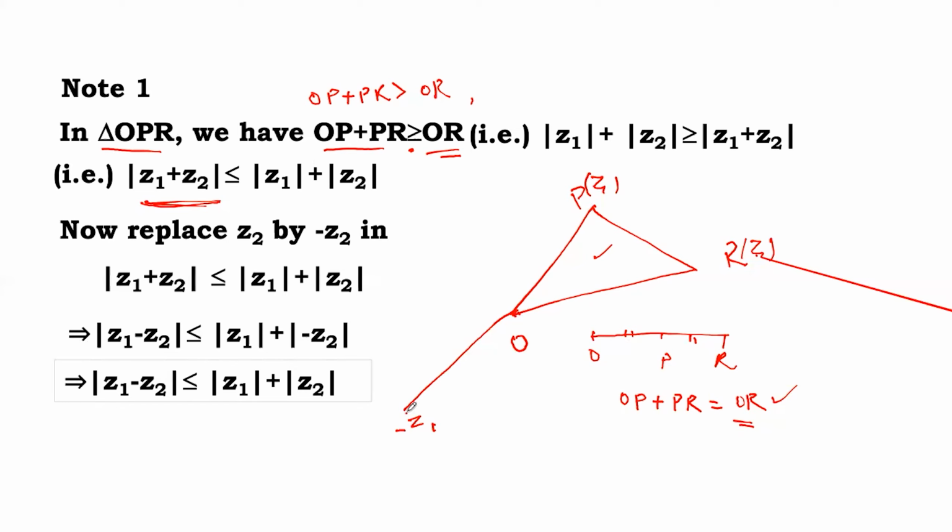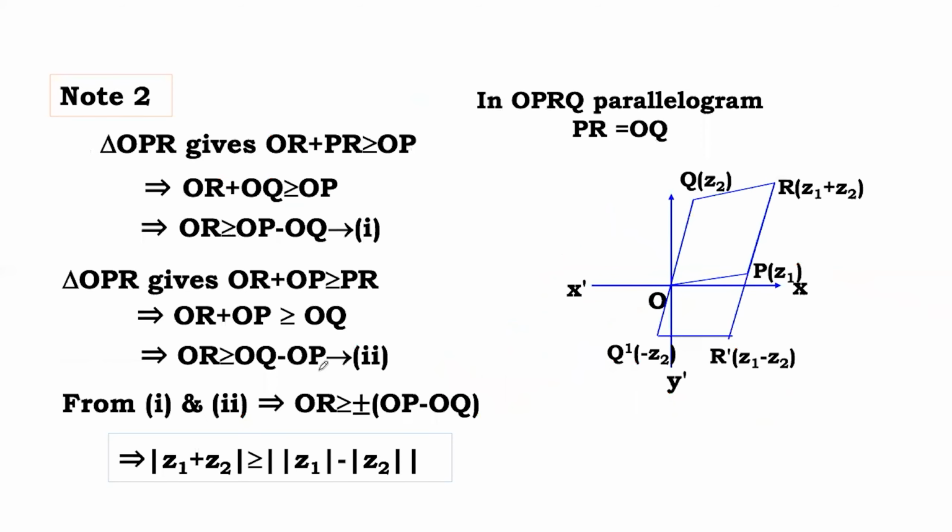If I frame this as a triangle, this will be the mod of Z2 minus Z1. This length is mod Z1 and this length is mod Z2. So the sum of two sides is greater than the third side. Similarly, with the minus sign you will get the same thing. So remember this, this is a very important formula. And if I go for both the formulas at once,